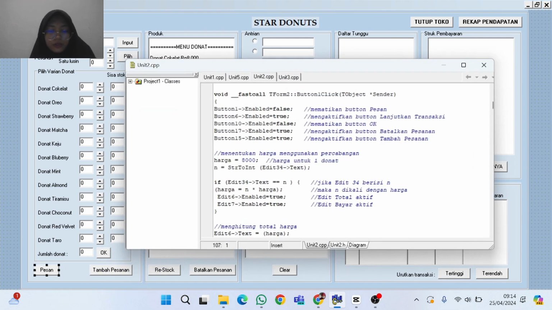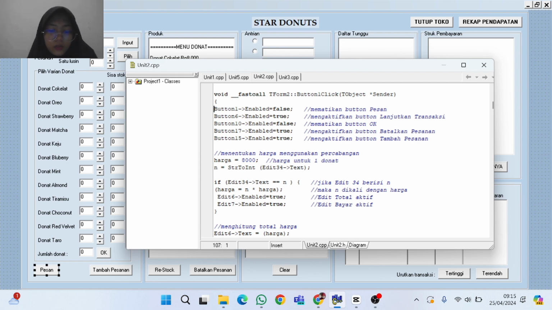That is the function to calculate the total payment. If you click the message, the order button will turn off. The continue transaction button will turn on.